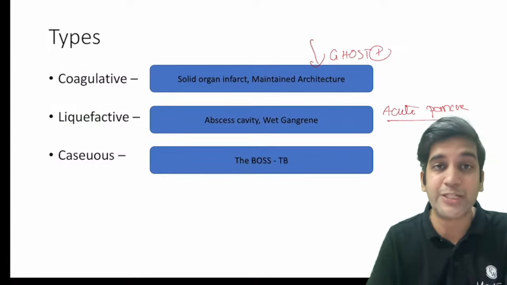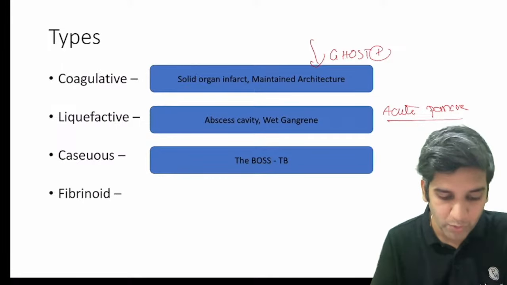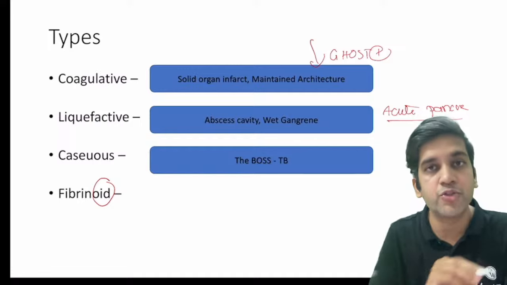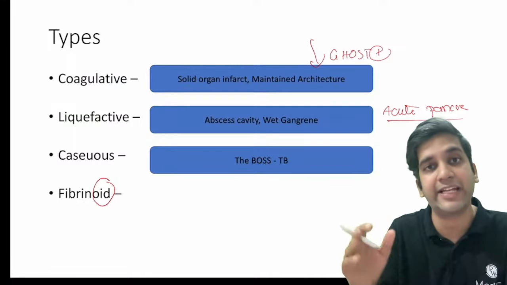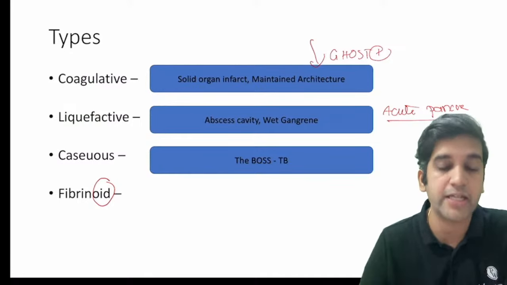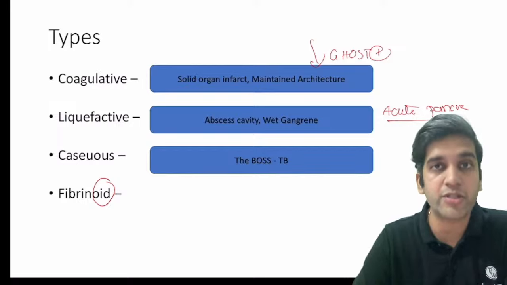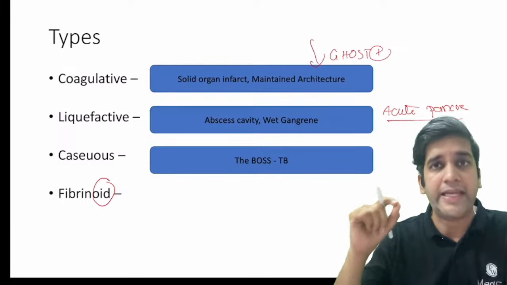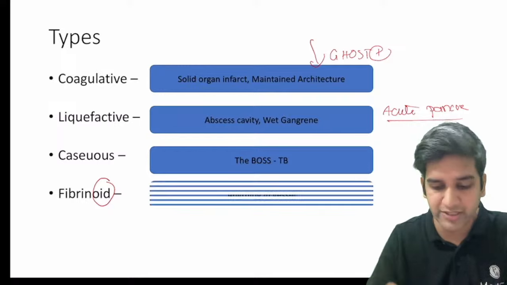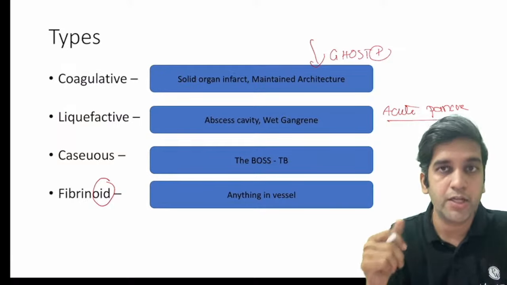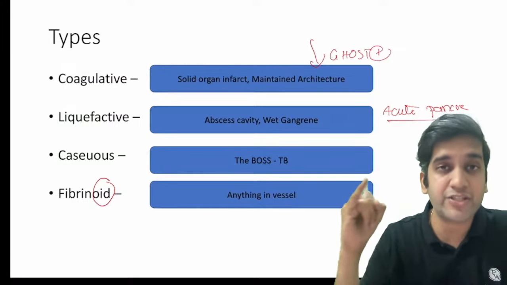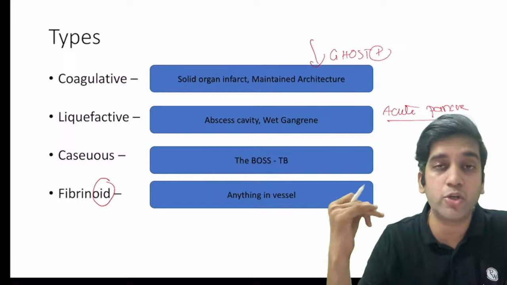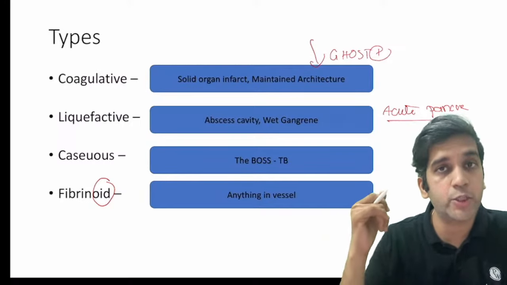Perfect. Now let's go to the next one, the fibrinoid necrosis. Oid means like. So fibrinoid necrosis is a fibrin-like necrosis. That's what we mean by fibrinoid necrosis, right? So now in case of a fibrinoid necrosis, you will see it in every vessel wall. Any pathology in a vessel wall, you see fibrinoid necrosis. That's nothing but your vasculitis. Not just PAN, any vasculitis, be it Wegener's, be it your Goodpasture syndrome, any vasculitis, you will see fibrinoid necrosis